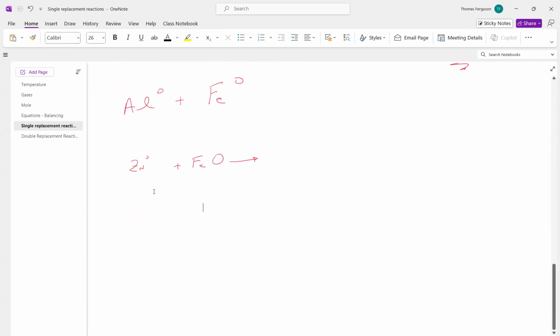Okay, so let's go ahead and look at this reaction from yesterday. We have zinc metal and we have ferric oxide. The zinc metal is in the solution of ferric oxide. Now, from now on till the end of the semester, whenever we have a salt,